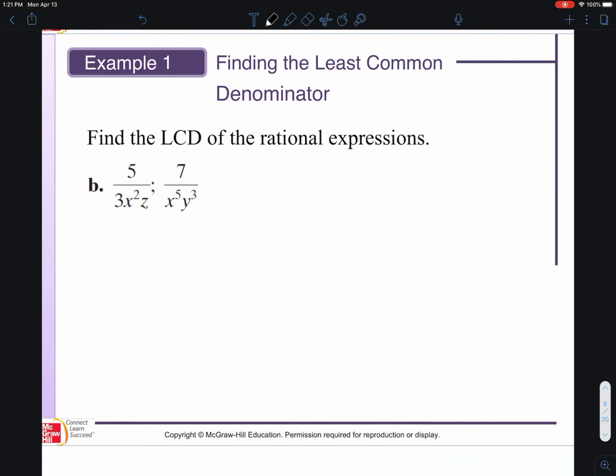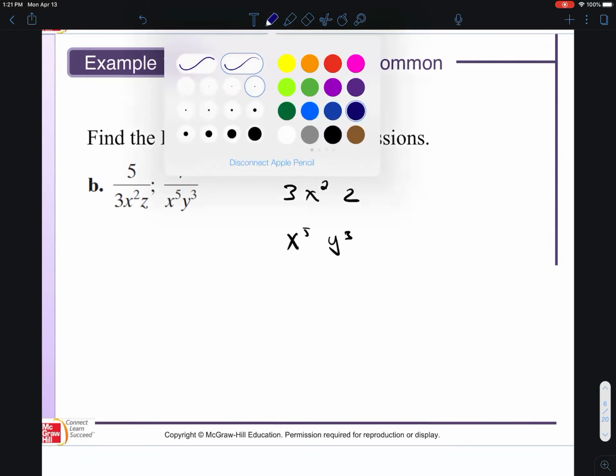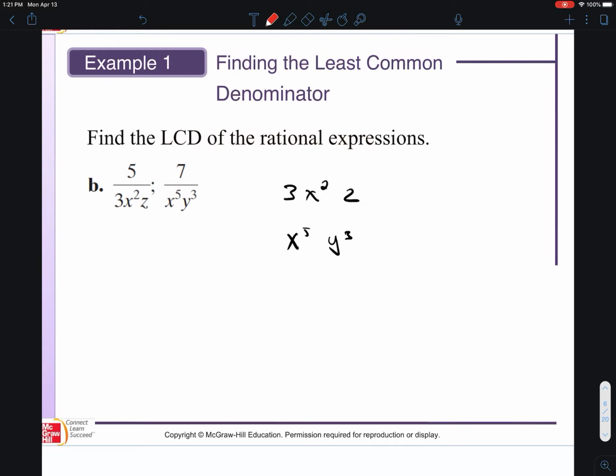In this case, when you're looking for the least common denominator, what you want to do is see what each one of them needs in order to get the same thing. So you have to have exactly the same denominator. For this one, oops, sorry, that should have been red. For this one,